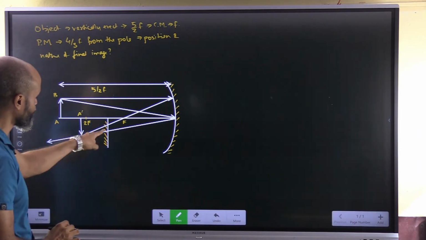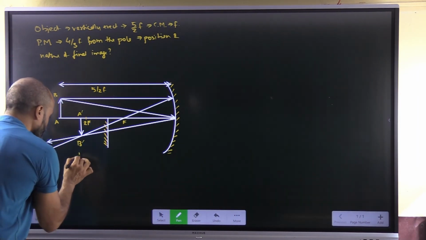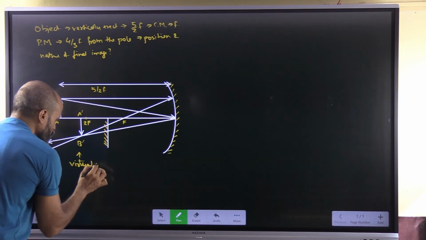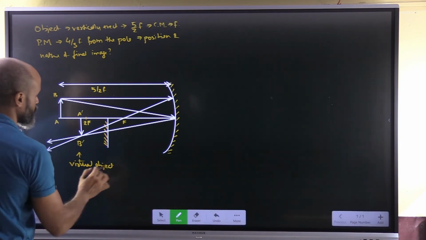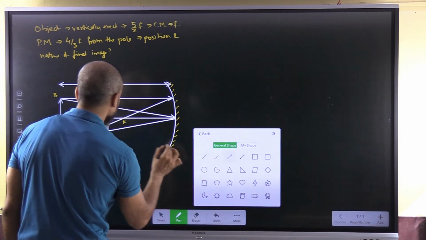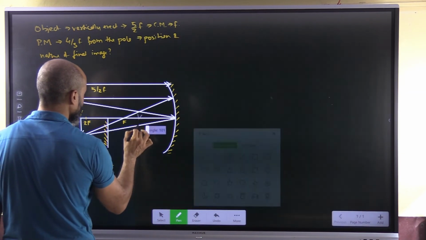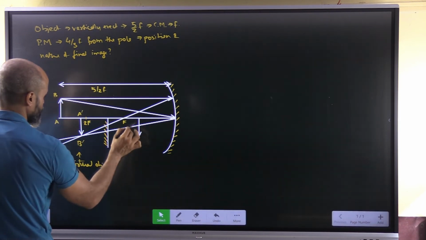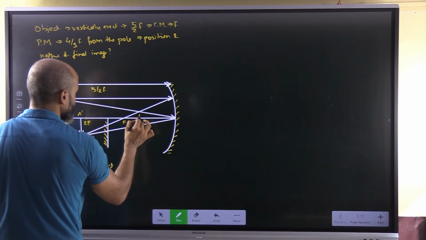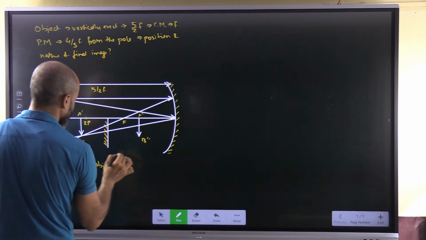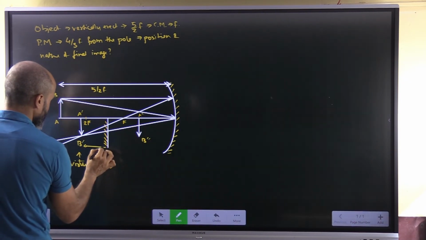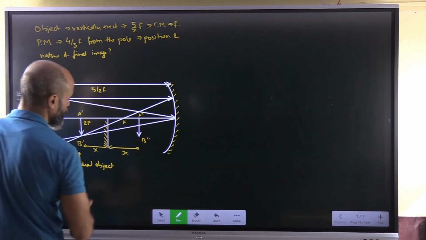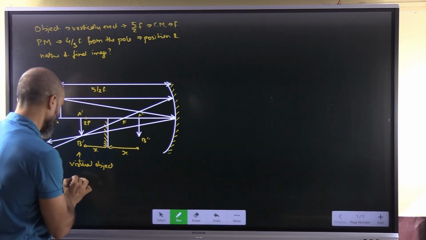This is going to act as the object for the plane mirror. This is going to act as a virtual object for the plane mirror, because of which there will be an image formed at almost the same distance as it is. So the image will be formed. This is the final image, which is, let's say, A''B''. Let's say this distance is x. So obviously this distance will be x as well, because in case of a plane mirror,